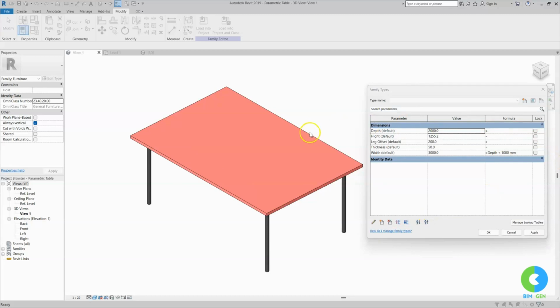We will move to the next function, that is subtraction. If in case you want the depth parameter to always be less than width by 500 mm, then what type of formula do we need? I will delete this formula and I will go to depth. Here I will assign a formula for depth. Depth should always be 500 less than width. For that I will click width